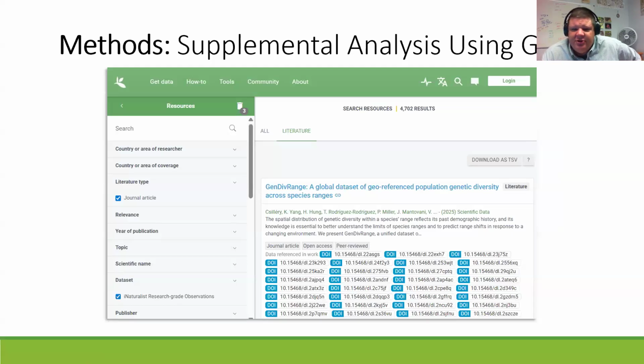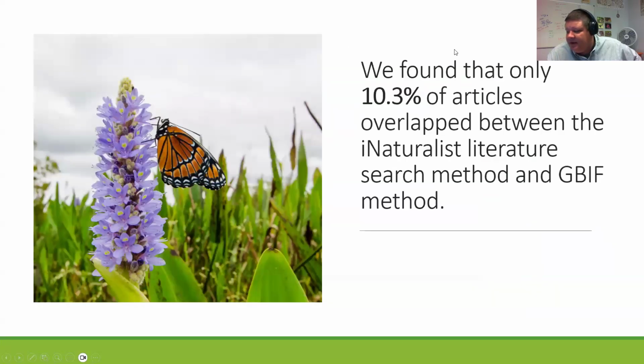In addition to using this manual approach, we also did a supplemental analysis from GBIF, because when people use GBIF and cite the DOI, it's automatically tagged with the dataset that it comes from. In this case, iNaturalist, we were able to write some code and understand that as well. Overall, across all these articles, these two different approaches, we found that only 10% actually aligned. So it's good that we did both methodological approaches to understand what was going on with iNaturalist